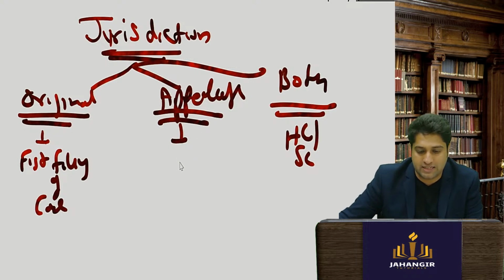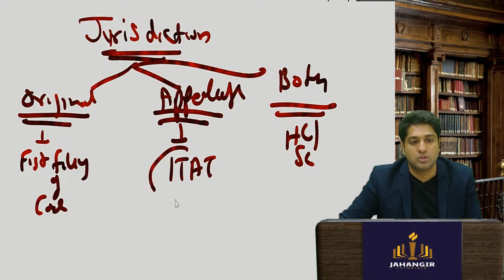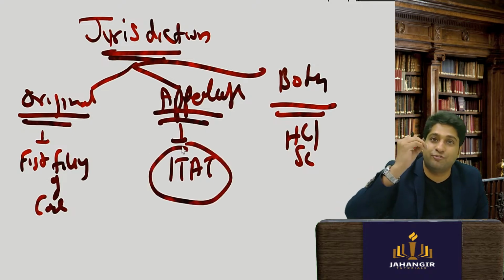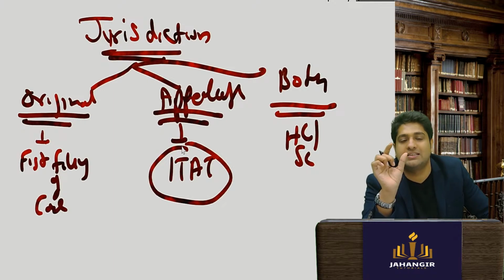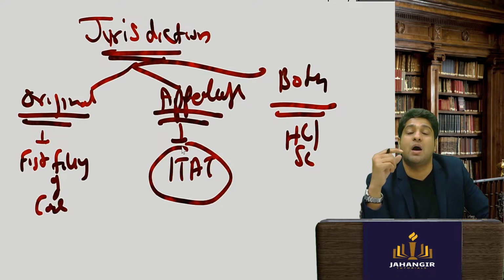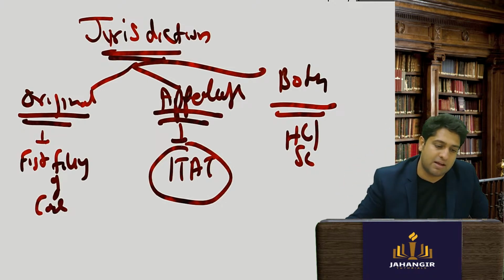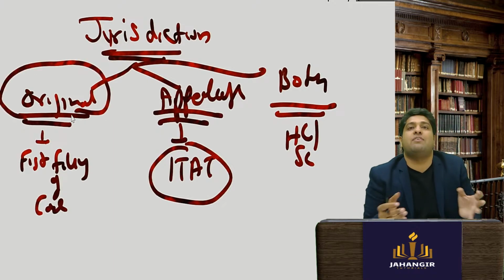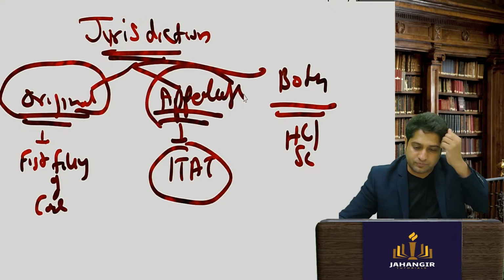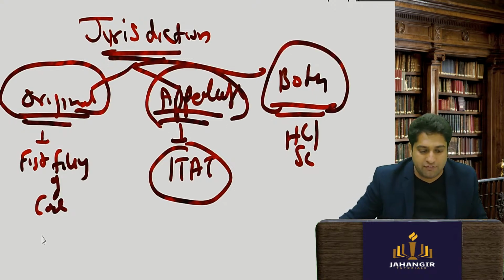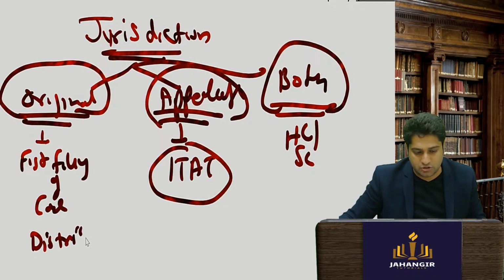For example, the ITAT, the Income Tax Appellate Tribunal. The first case cannot be filed in the ITAT. It is an appellate tribunal, so only appeals can go here. So they have only appellate jurisdiction. Some have only original jurisdiction, where only first level cases can be handled. And some have both. Let's take an example. If I'm talking of a consumer court, the district consumer court,